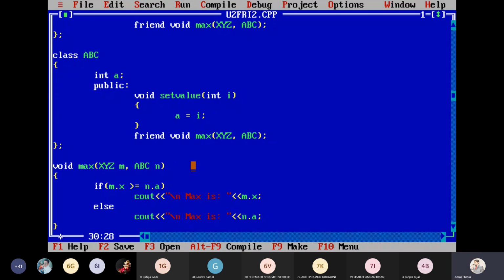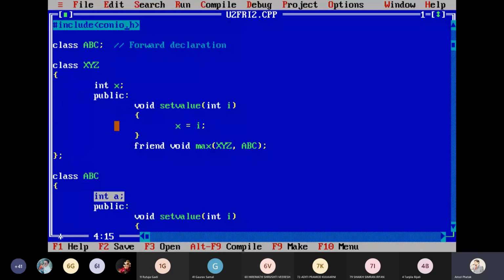Remember this: we can access the private data of both classes with the help of a friend function. Max is the friend function, accessing the private data A of ABC and the private data X of class XYZ.